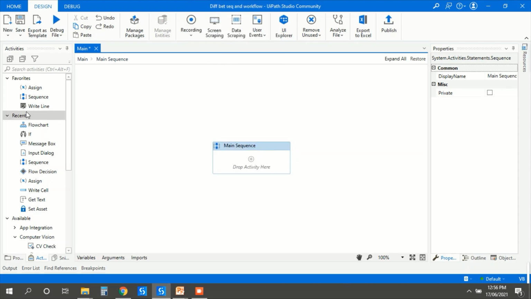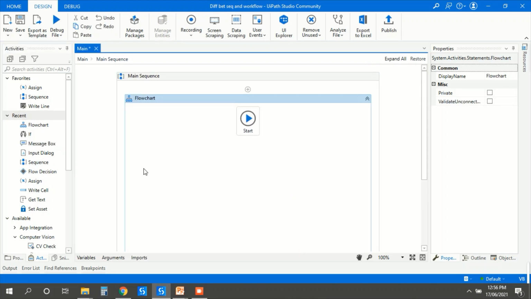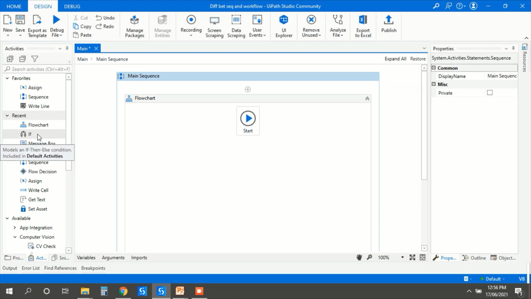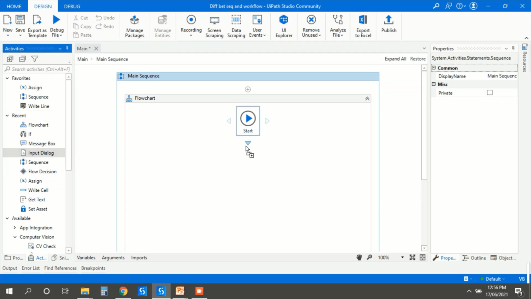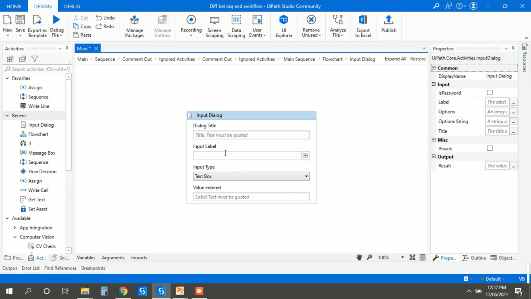Okay, let me drag and drop flowchart and open it here. Let me take input dialog, with the input label, please enter number, and the num variable is there. Okay,